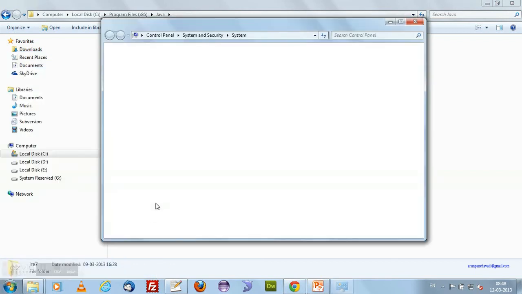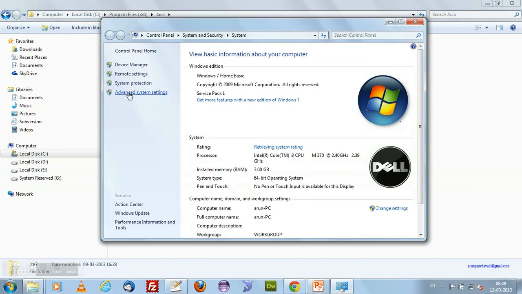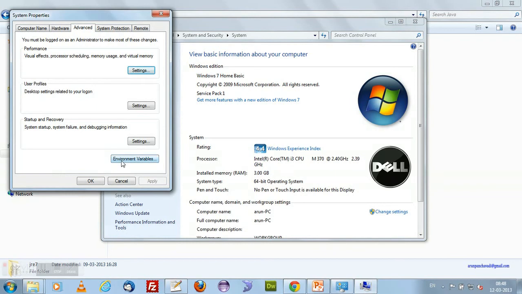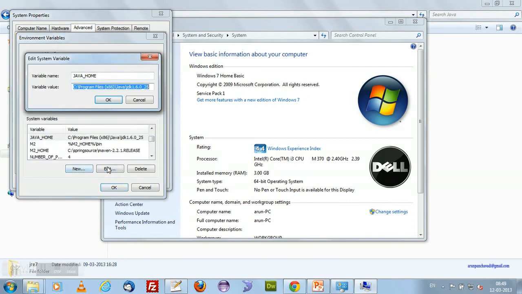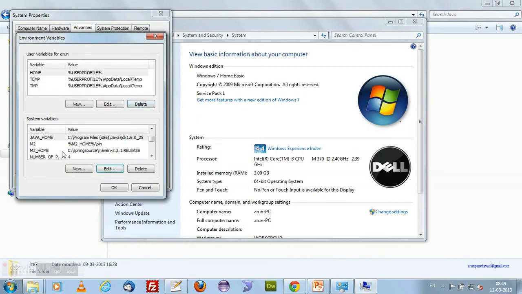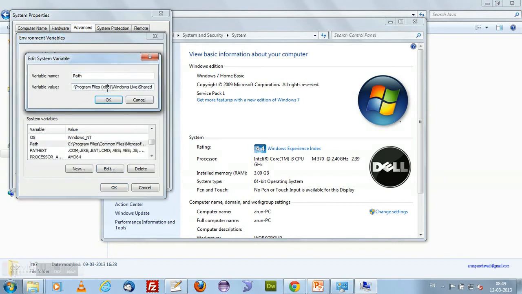and you will see Environment Variables. Click on Environment Variables, and here you can see Java Home. I have added a new variable called Java Home, and I have added my JDK path over there. The next thing I added is inside the Path, I edited it, and what I put over here is my Java Home